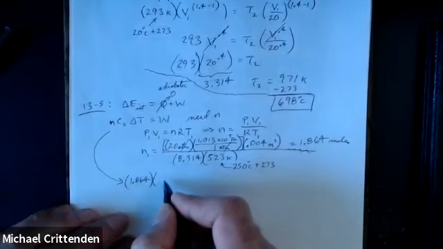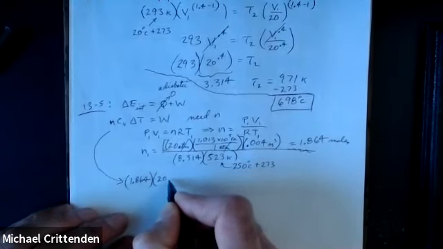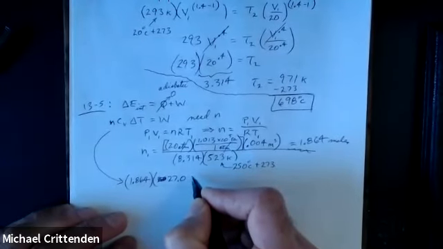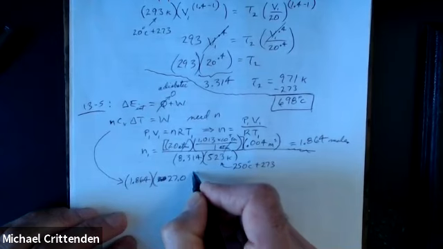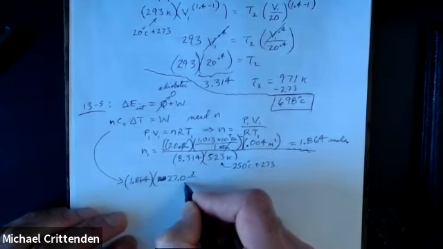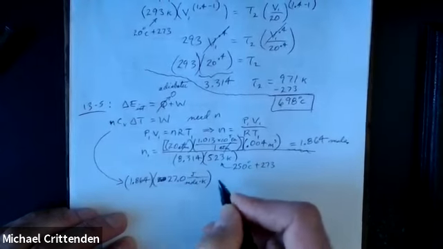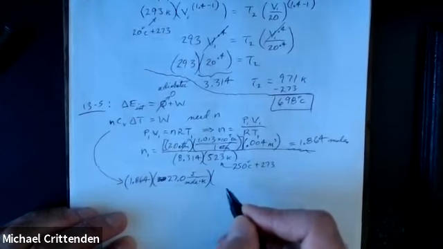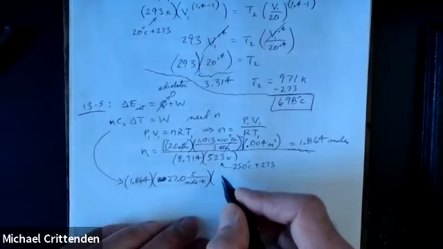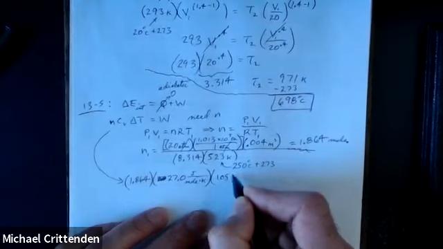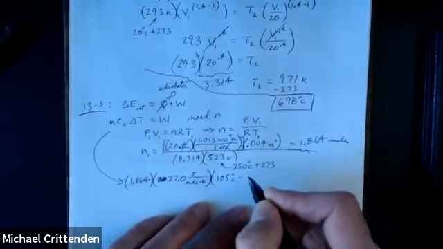CV, 27.0. That's joules per mole per Kelvin. And the temperature change, final minus initial,